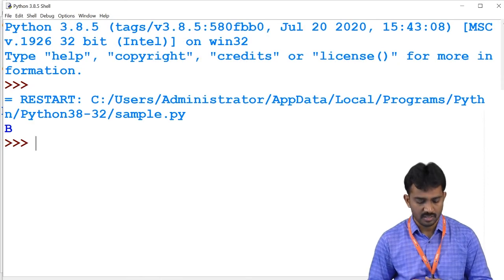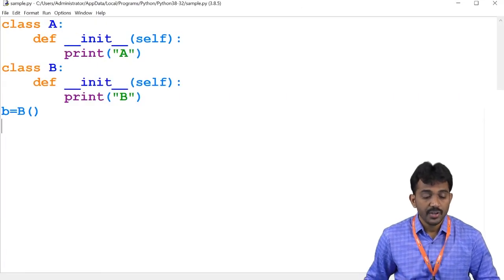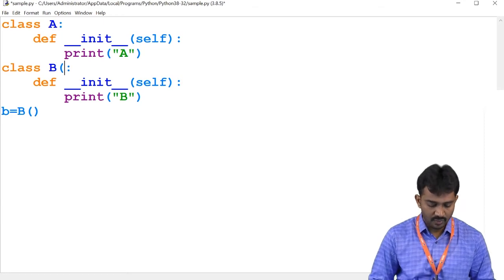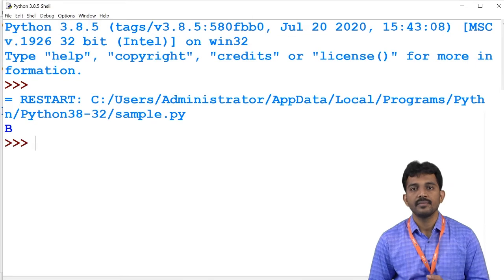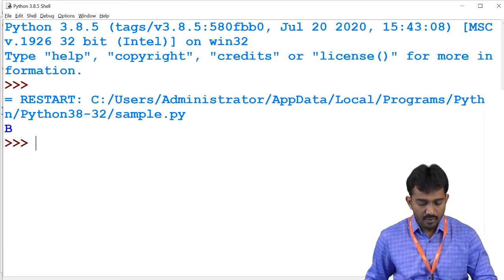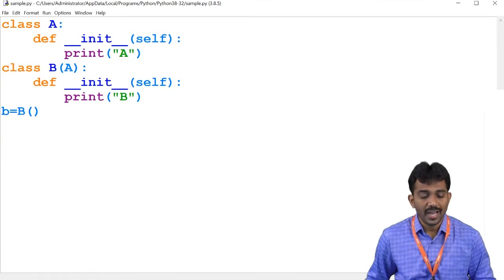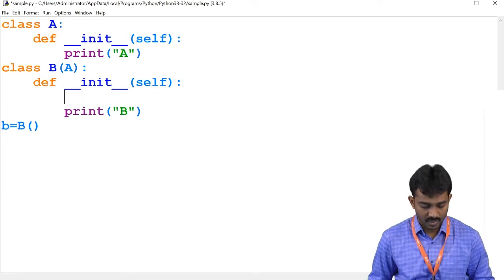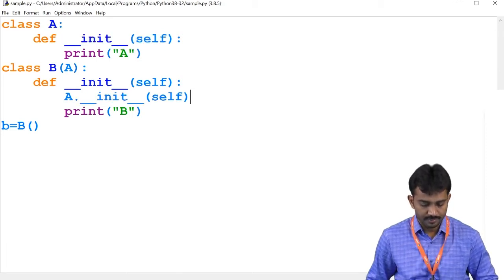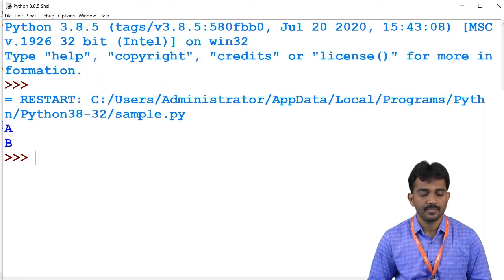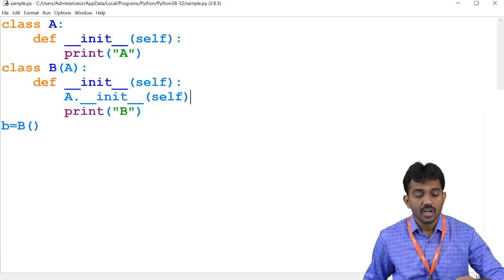B is the answer. For example, if I inherit A, then see what the output is here. B, right? If you want to access this one, A.__init__, then see, A and B. Now you have inherited.